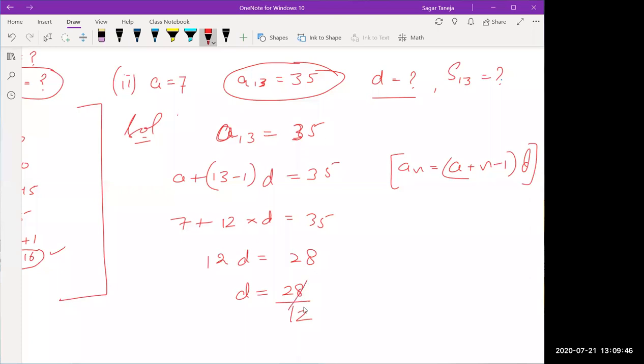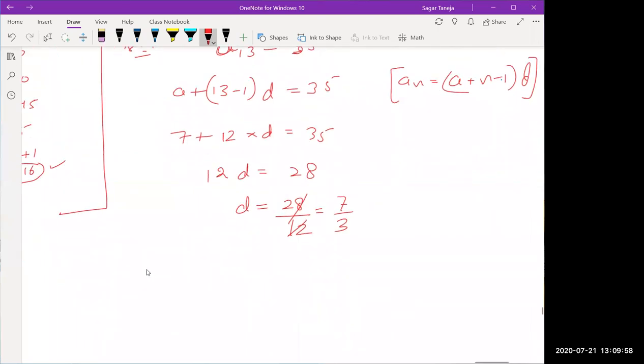Okay, so this is equal to this. 4 7s are 28 and 4 3s are 12. So d is equal to 7 by 3. And now we have to calculate the value of S13. To calculate the value of S13, we should put the formula of Sn,